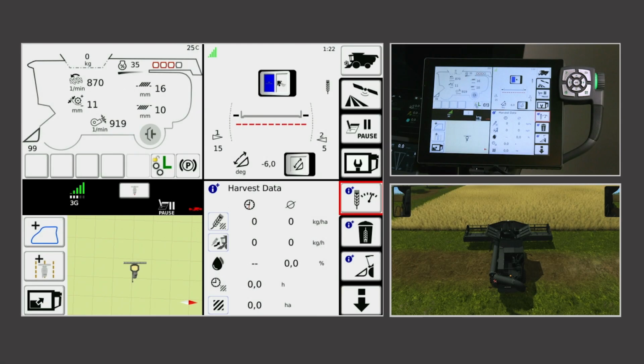The first quarter, on the top left corner, shows permanently the machine silhouette and the combine main working parameters. Starting from the front, you will see the current header height and the current set point, guidance status, differential lock status, rotor speed, concave clearance, fan speed, top and bottom sieve position, grain tank level, engine load, and current unloading